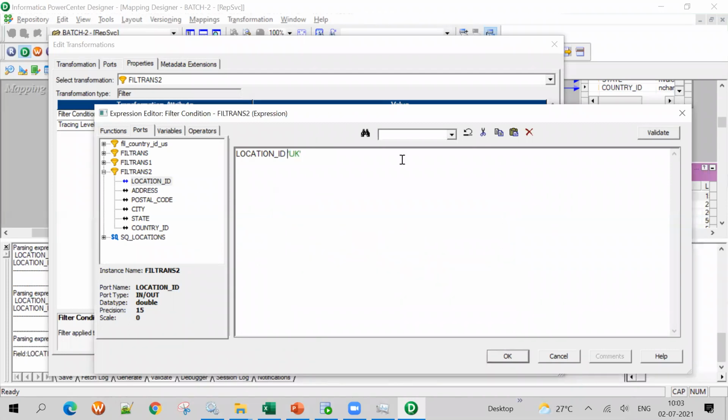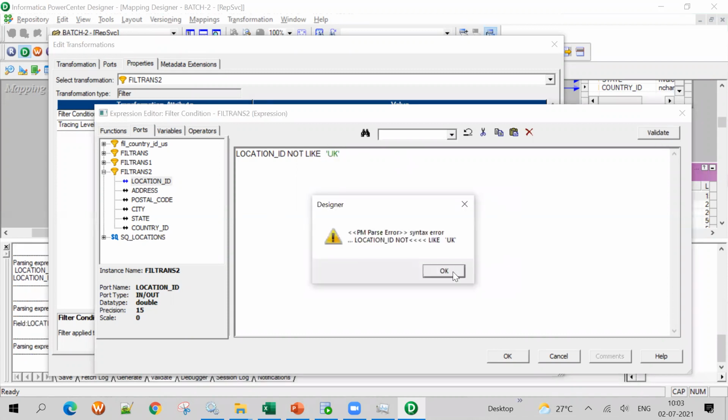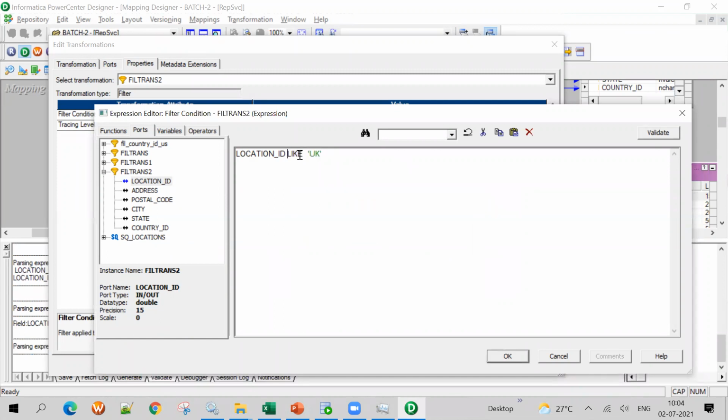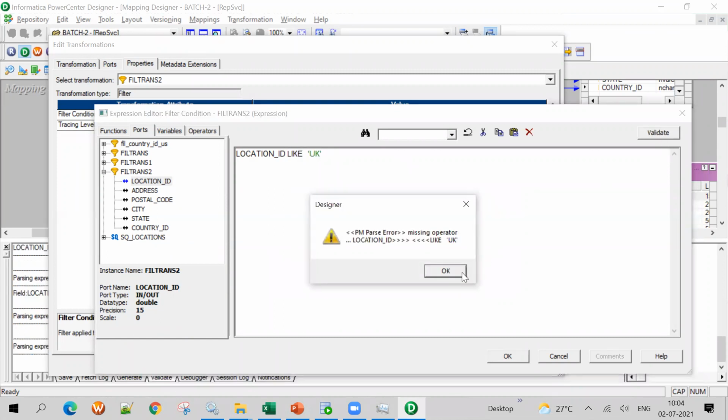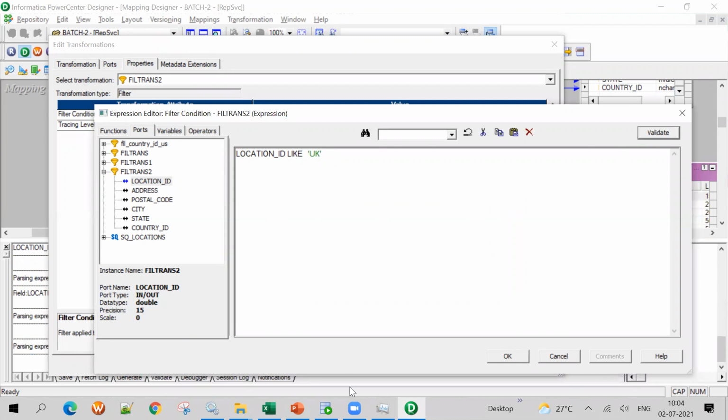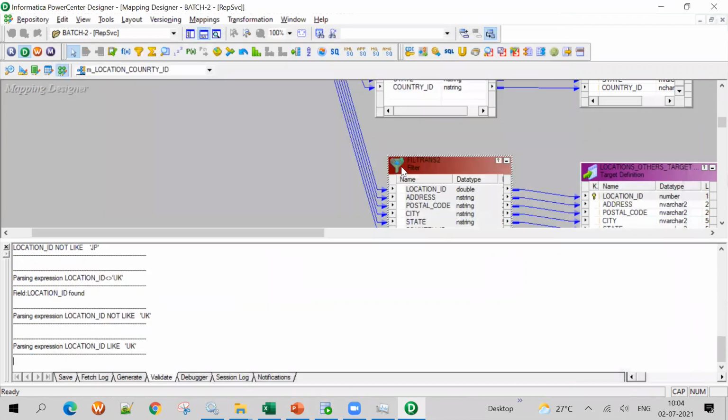Location ID not like, I am giving. Still not like also it is not working. Location ID like, location ID. What is the field name? Raj, you can use equal to with an exclamation.